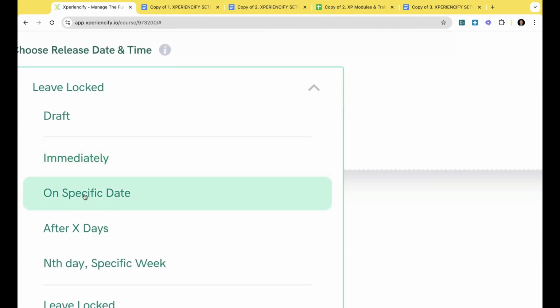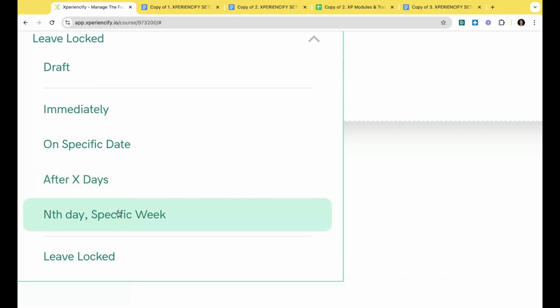It can be on a specific date. It can be after a certain number of days. So when somebody logs into this challenge, I can say, look, leave it locked until day 2 or day 3 or day 4 after they've logged in, or the nth day of a specific week. So you could say, hey, look, wait until the 3rd day of the 2nd week. Or again, you can leave it locked.